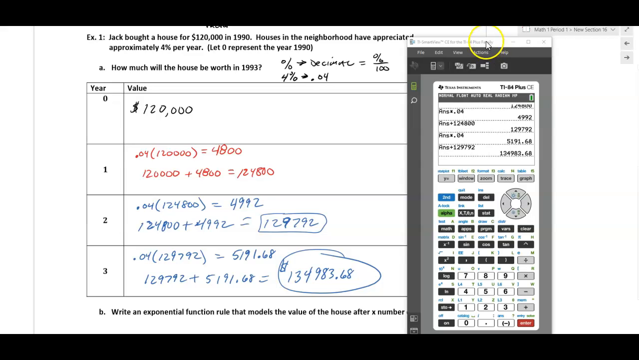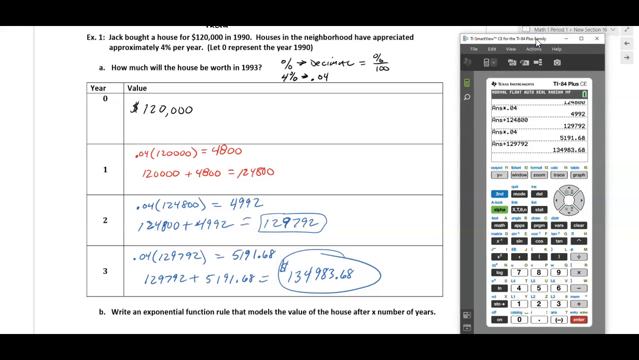Now, here's the thing, though, right? If I asked you how much this house would be in, say, 2020, would you want to continue this process over and over and over? No, right? So is there a quicker way that we can get these answers? Well, anytime I want to add a percent of something, right, what I do is I say 100%